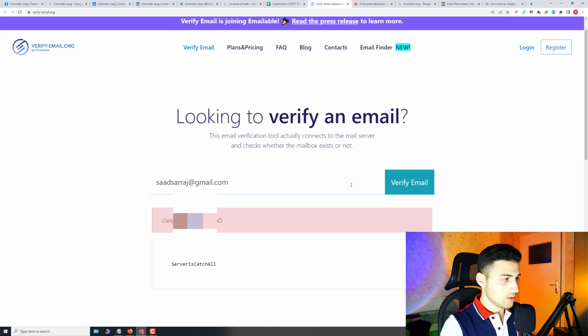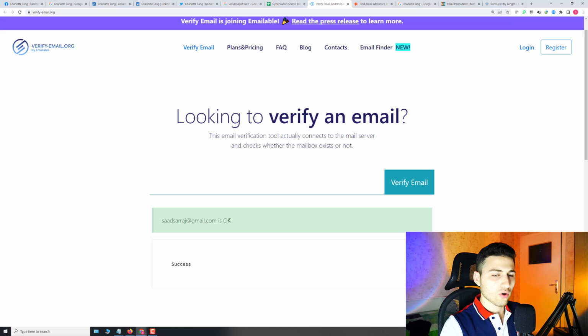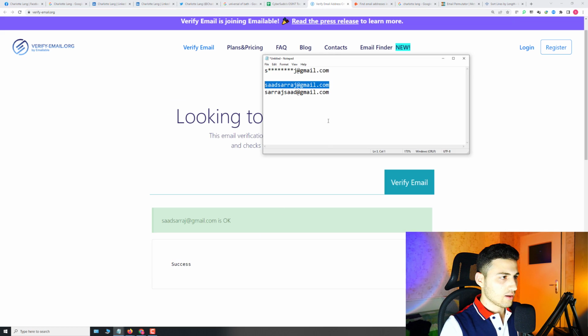So I'm going to copy the first email address, say verify email. And I think that it's okay, as you can see, because this is a well-known email address. And this is also okay, but if you have a list of 20 email addresses, then you might want to use a bulk email validator that you will also find in my OSINT list, and it will check which email is live and which one is inactive, and all of the ones that are inactive can be redacted and removed from the list. Therefore, you will have a shorter list that you can use in your OSINT investigation